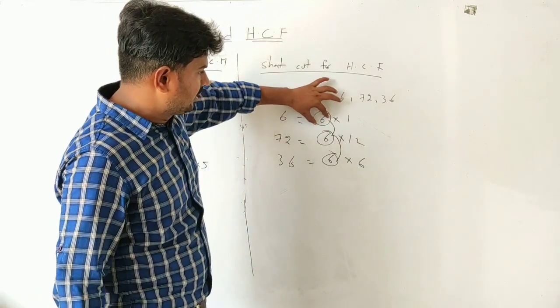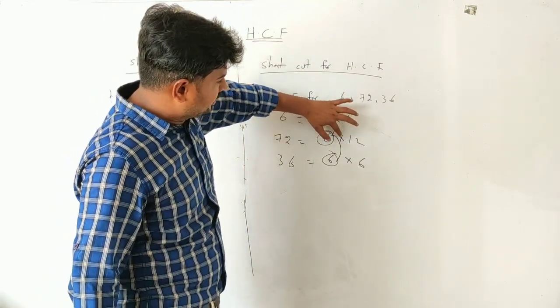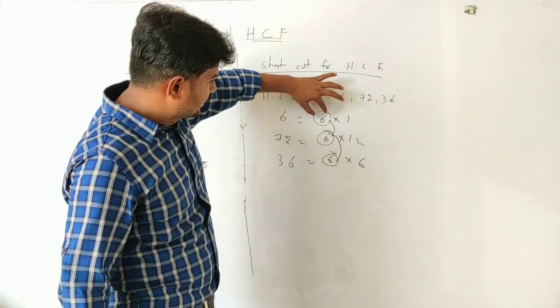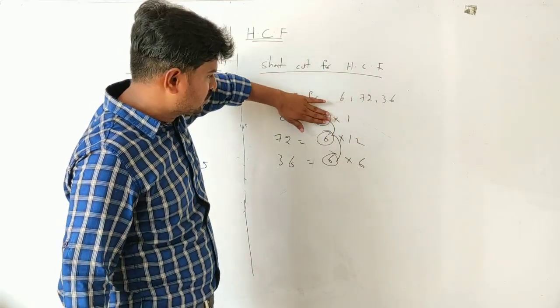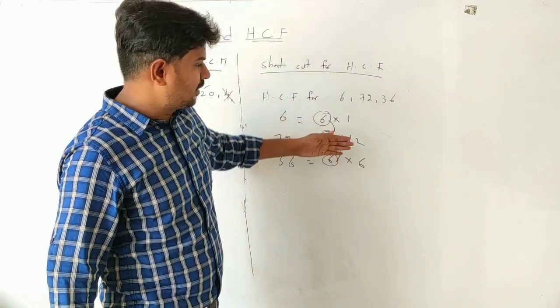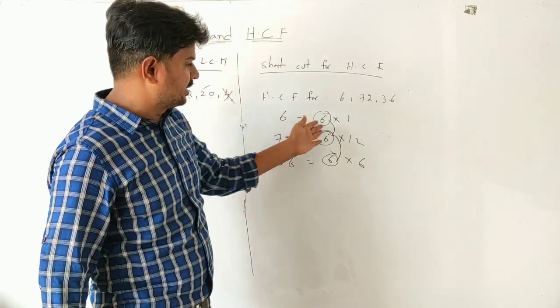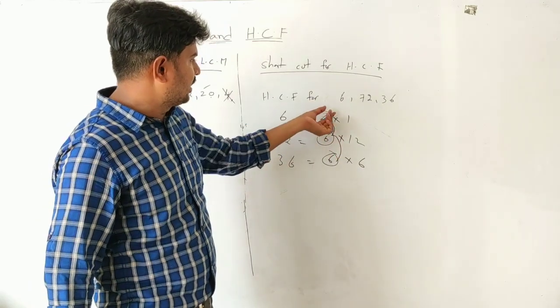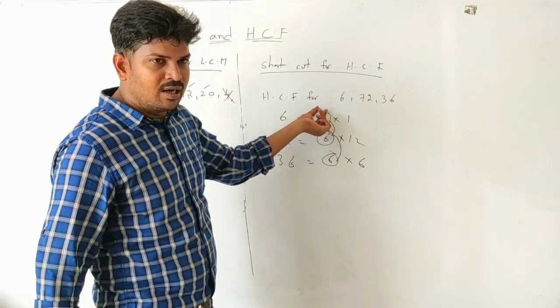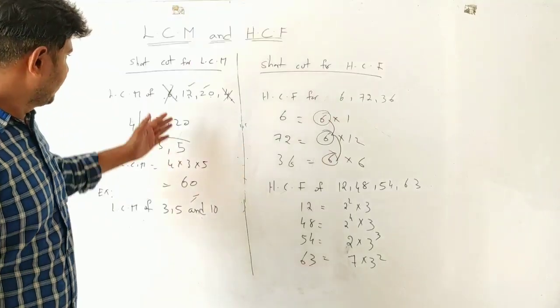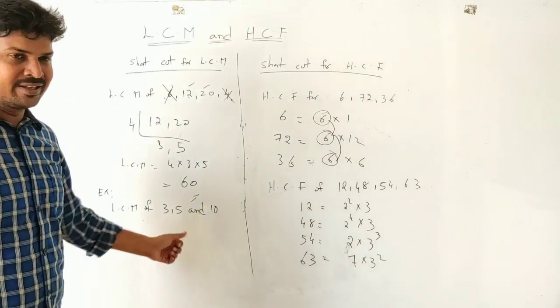As 6 is available here, and here in addition to the 6 you have one more 3, one more 4, and so on. But still 6 is the lowest that is available, so that has to be taken as common from all the numbers. So first find the lowest factor. When you write all the numbers like this, take the lowest number, and whichever is common, apply for that. Let's apply the same shortcut with another example.